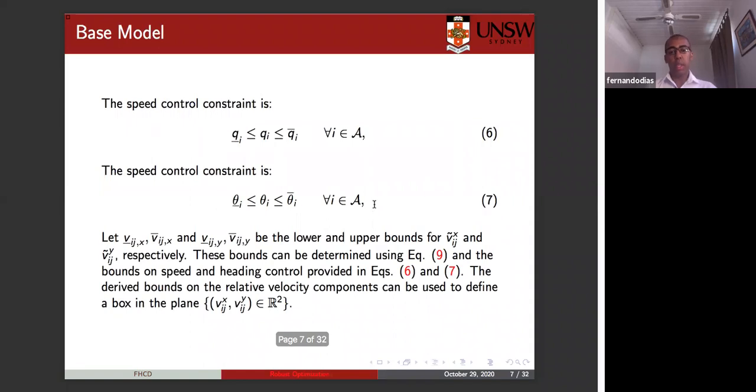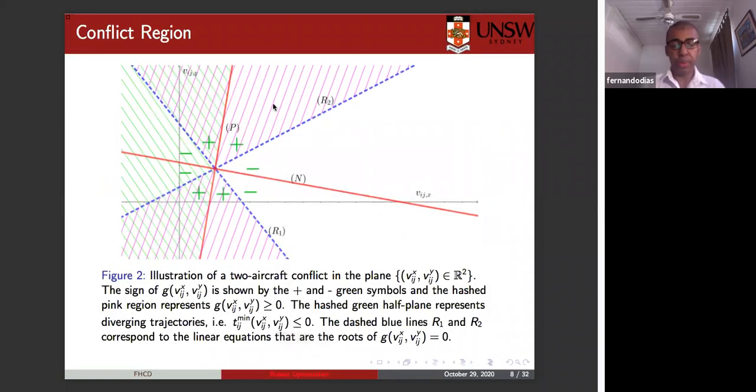If you look at this plot right here, we can see that the lines R1, R2 are those 4 equations that I showed you initially, and those lines represent those 2 regions in purple where we have our